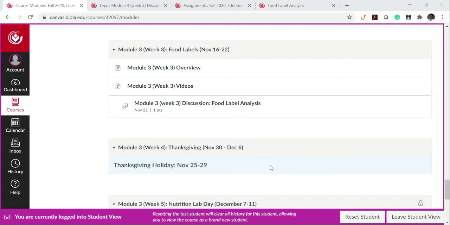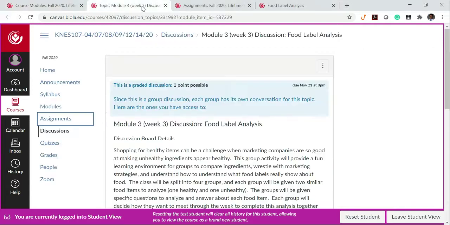Hello students, as part of Module 3, Week 3, we have a food label activity. When you go to the module section on the Canvas course page, you will see there is a link for Module 3, Week 3 discussion, the food label analysis. Once you click on that, it will take you to this discussion post where you will be able to see